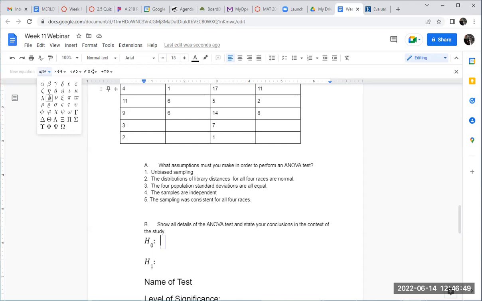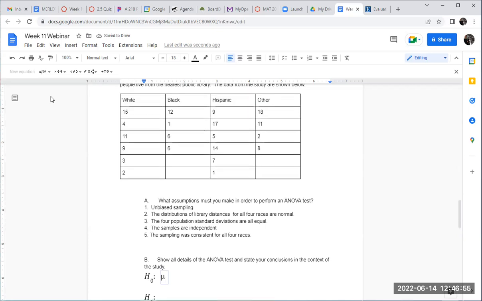So mu sub, and again, we're looking at white, Black, Hispanic, other. So the good news is they all start with a different letter. So let's call it mu sub W equals, and then mu sub B equals mu sub H equals mu